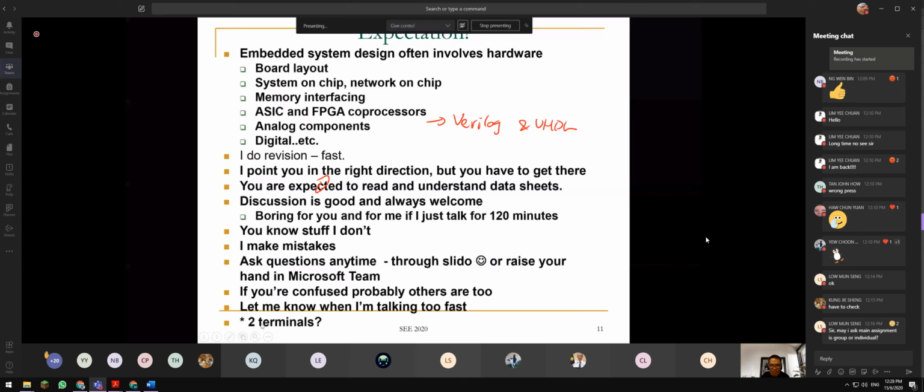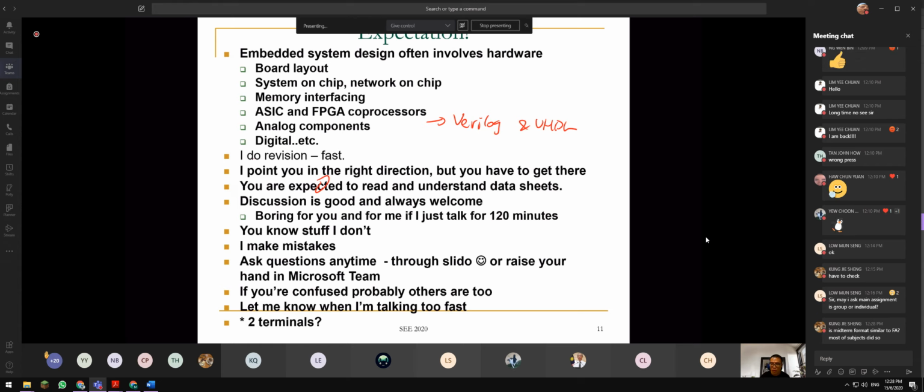And I put a star here. It would be good if you've got 2 terminals. For example, in a lab, I give you step-by-step guidance on how to put a debugging point. While you're watching the video, it would be good to have another terminal with you, to install all the dedicated software and do it in real time. Probably you can use your mobile phone as one terminal, and your laptop is where you play around with all the IDE software in real time. This is what I recommend to you.